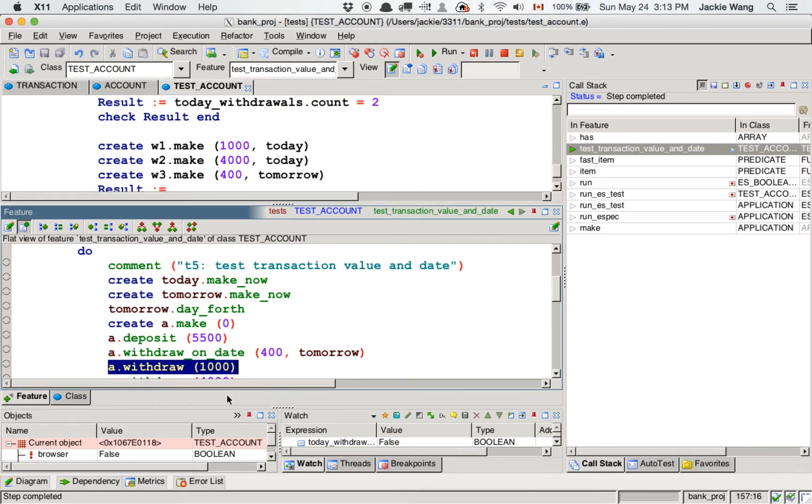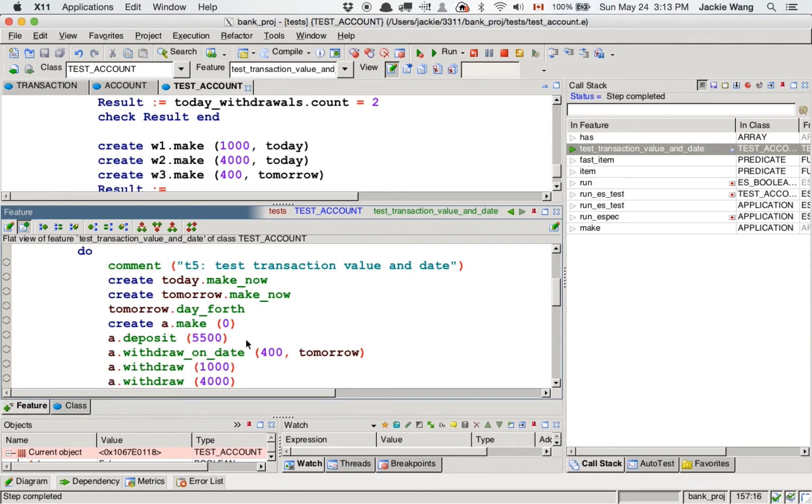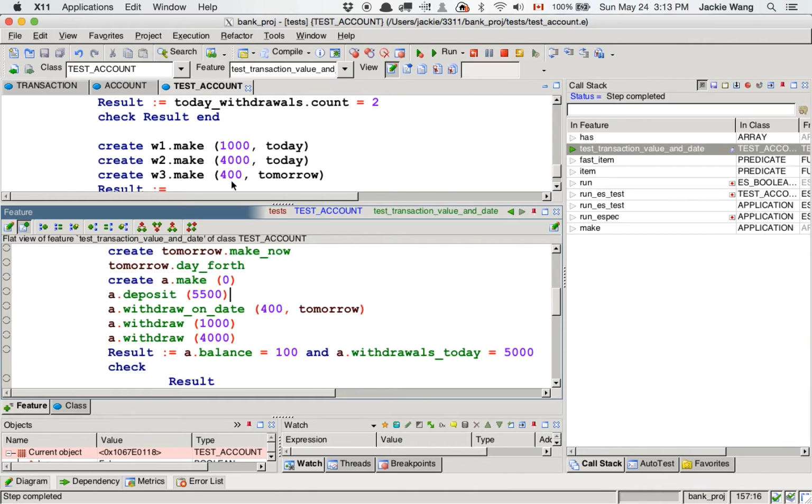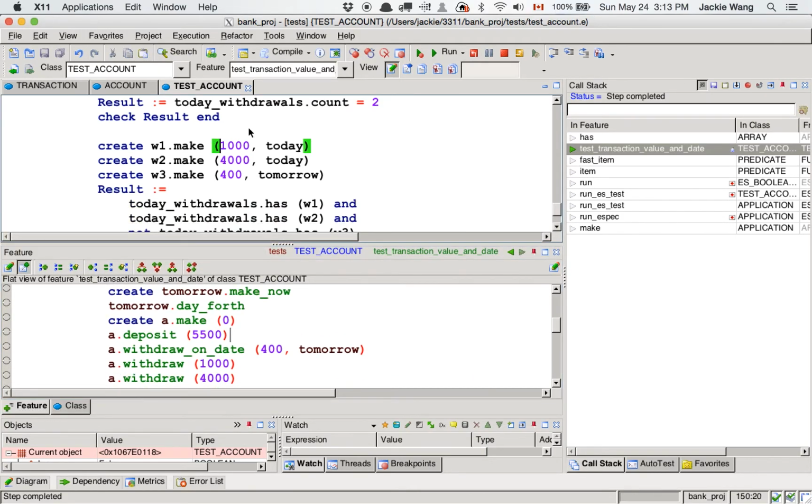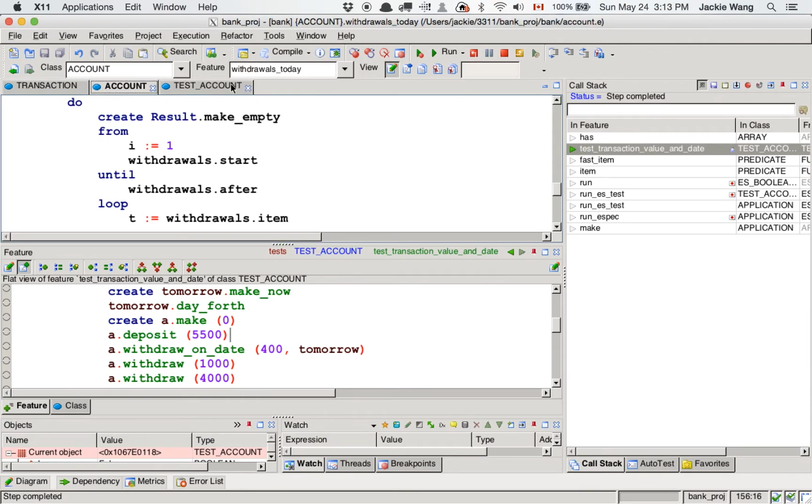Maybe this is something I haven't shown you so far in the previous tutorial, but it's a very handy thing to have. So now we've got three panels here. This is the basic text view, this is the breakpoint view, and this is the object view. Don't get confused. You have to practice with this. Okay, now we go to the account class, and if we go to the withdrawal feature,